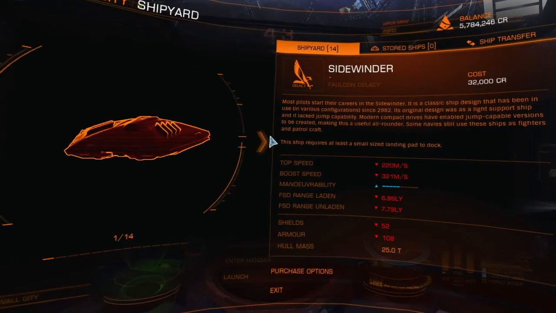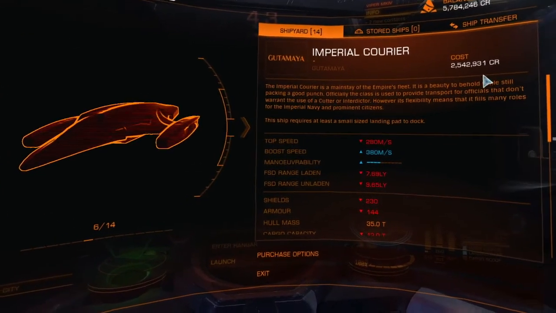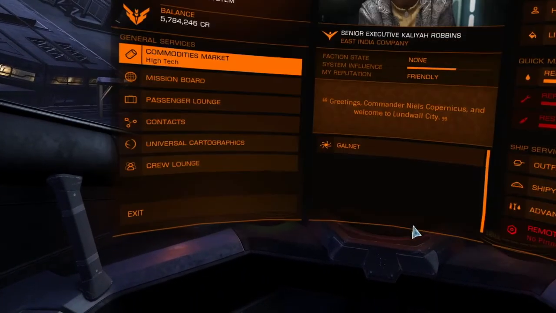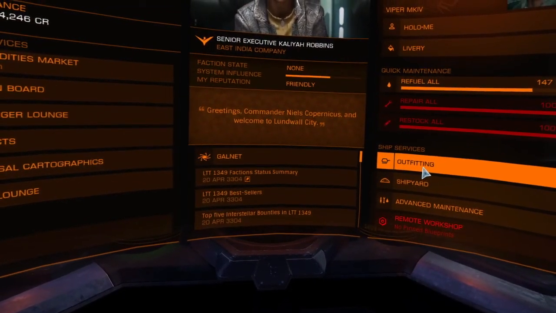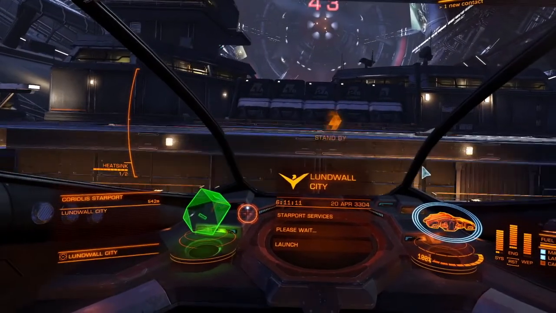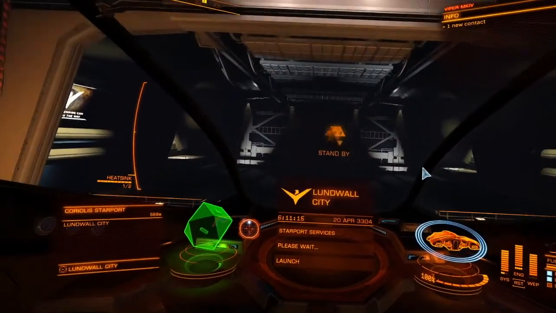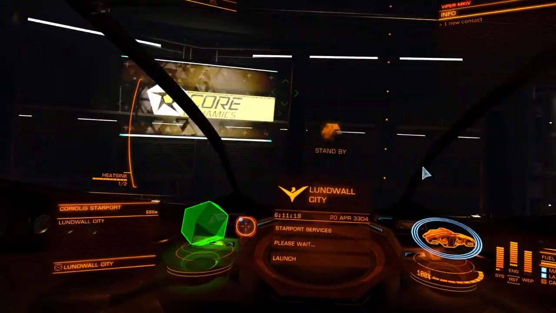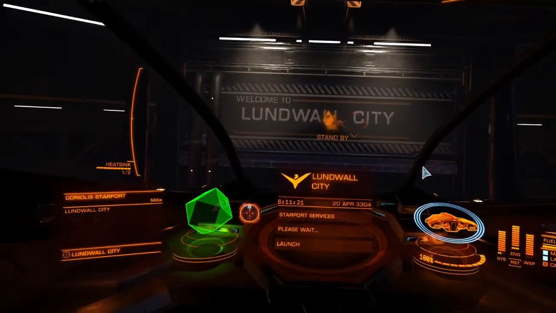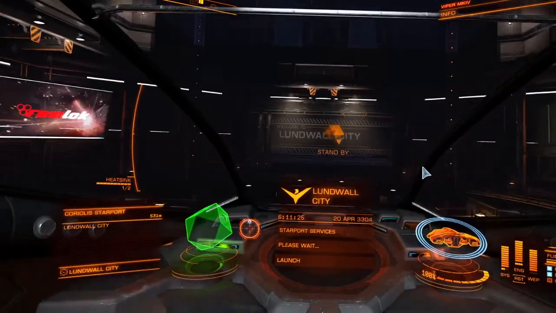So, as I said, I know that this place has a very nice selection of vessels. I can get Imperial Courier, 2.5 mil. I'm not going to buy it just yet. What I'm actually going to do is quickly strip the fittings on my Viper, just because it saves a little bit of cash. Not much, but a little bit. So, I'll see you after that, and we will buy the...